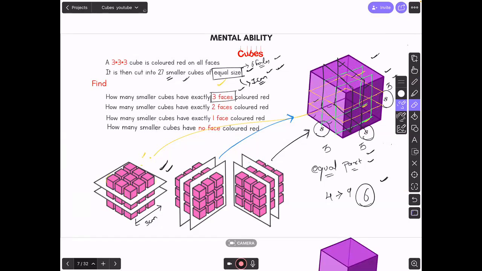How many cubes are there जिनका 3 faces will be exposed and 3 faces will be inside? Where will you find this cube? कहाँ मिल रहा है ऐसा cube जिसका 3 faces will be exposed and 3 faces will be inside? So I can see one here. One face colored red. I'm painting it in yellow, but you understand that it is red. One more face, I'm putting it here in green, but you understand ये भी red है. And one more face, I'm finding it here. So 3 faces colored red. कहाँ मिल रहा है मुझे? Where am I finding it?